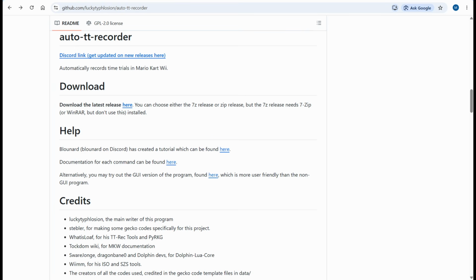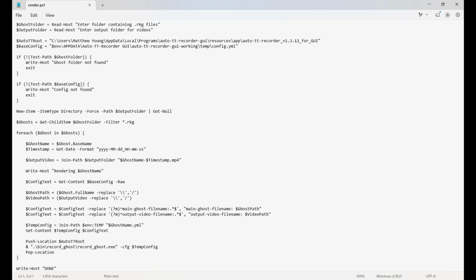Unfortunately, to do so in auto-tt-recorder is kind of a pain, since it takes a while to record a run, and then you have to adjust RKGs and outputs and check your computer like every 30 to 45 minutes for a few days to get it done. But this problem is no more. Introducing